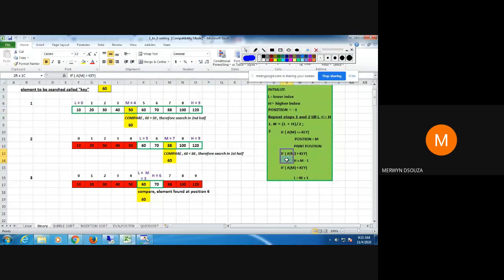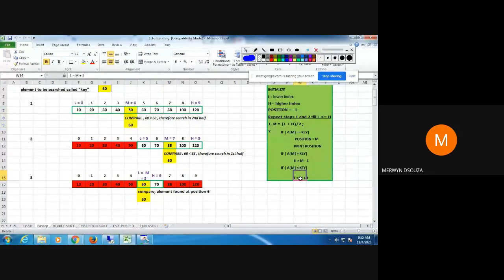You will see that this is not true because 50 is not greater than 60. So we come to this if statement. We check whether 50 is less than 60. When we compare, we find that 50 is less than 60.